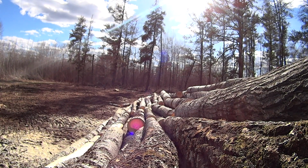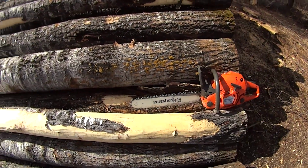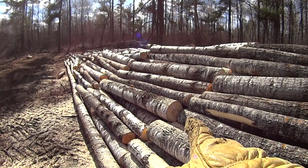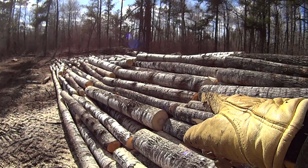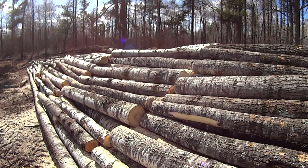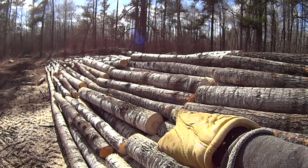Get bucked up. One more reason why I like shorter bars for bucking in piles like this. When you're standing down a couple feet lower on the pile, reaching up and bucking on the side of a pile like that, if you've got too long of a bar, say a 28 inch bar or a 32, what's going to happen? Yeah, it's nice to reach in, but